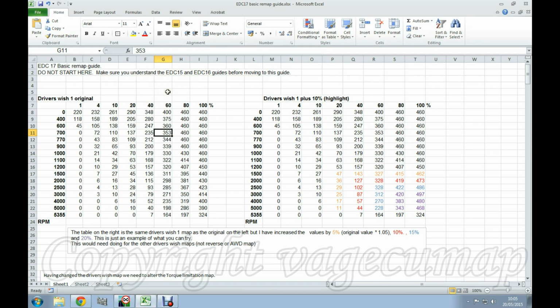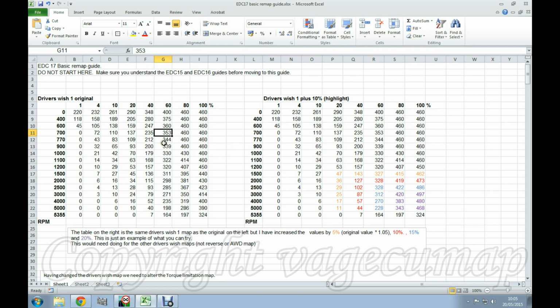Not because you can't do it, but simply because I am making assumptions as I go through this guide that I do not have to go into every little bit of detail, because I'm assuming that somebody either reading or watching this already has a grasp of basic mapping. So what we're doing here is improving on what they already know, and hopefully not using this as a starting point.